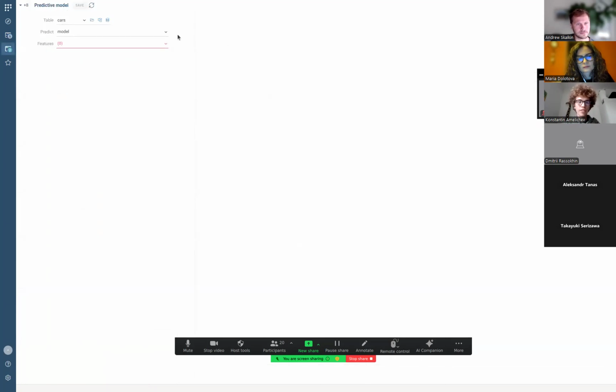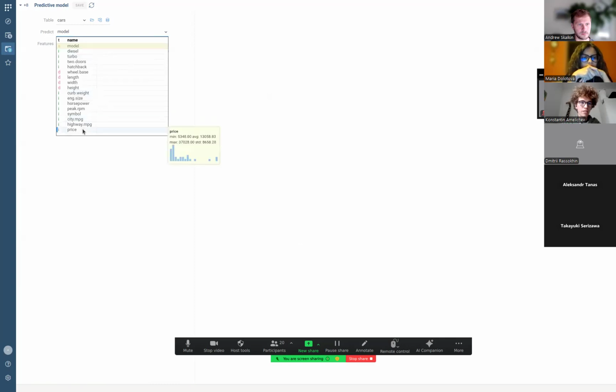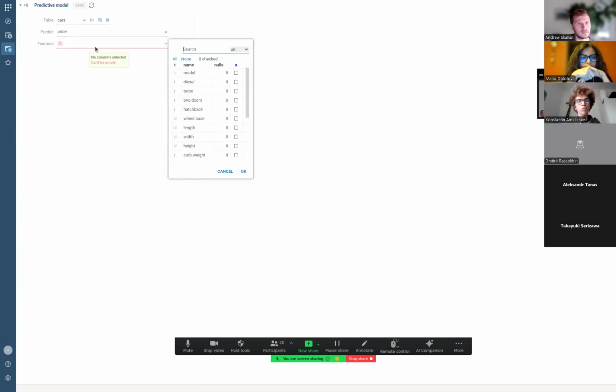So I've opened another dataset. It's a cars dataset, and let's solve a regression problem. Let's predict the price for a given car. For the features, we will just select all the features that we have in our data. The problem that I'm putting in this configuration is that our dataset is not really big, and all the models in the dataset are unique. So the model column is a bad feature for any sort of predictive problem,